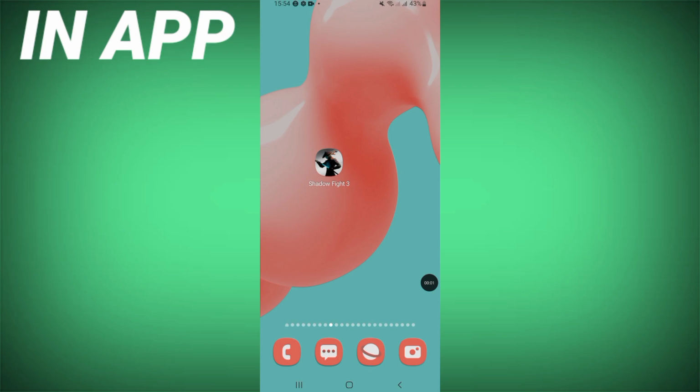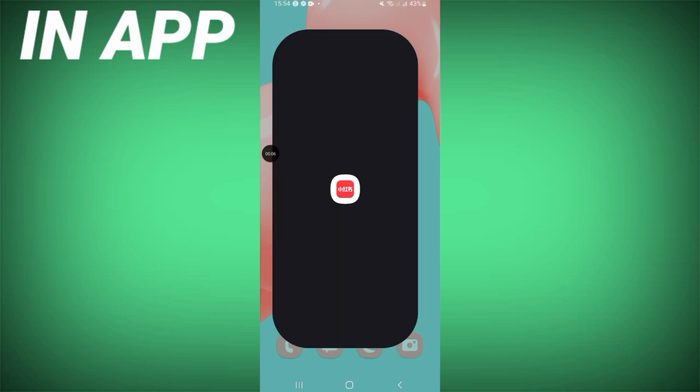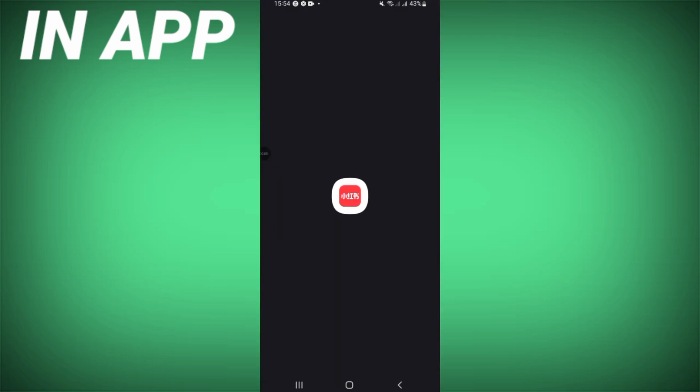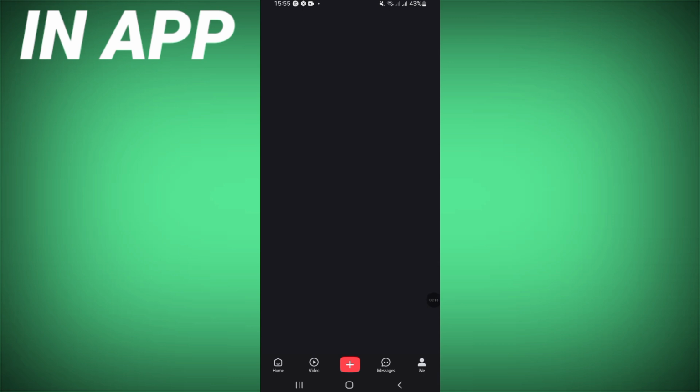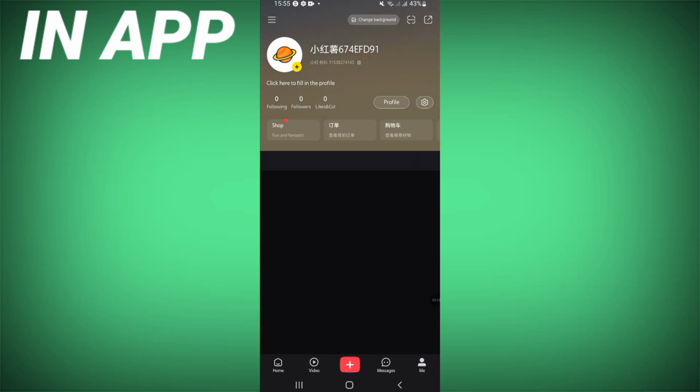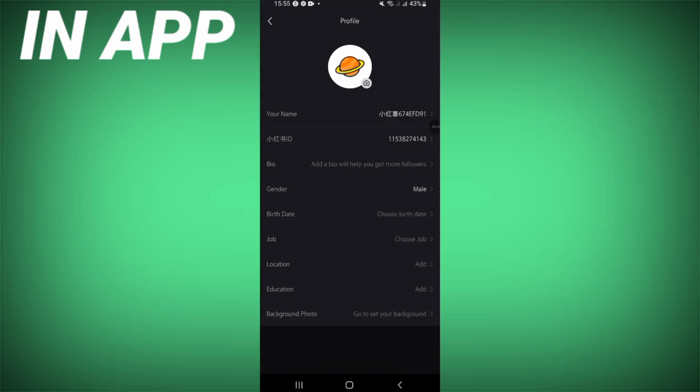Hello guys, today I will show you how to add or change your profile picture on REDnote app easy and quick. So open your REDnote first. After opening your REDnote, come here to your profile and click on it. So you just have to click here on this settings or here near to settings on your profile. So click here